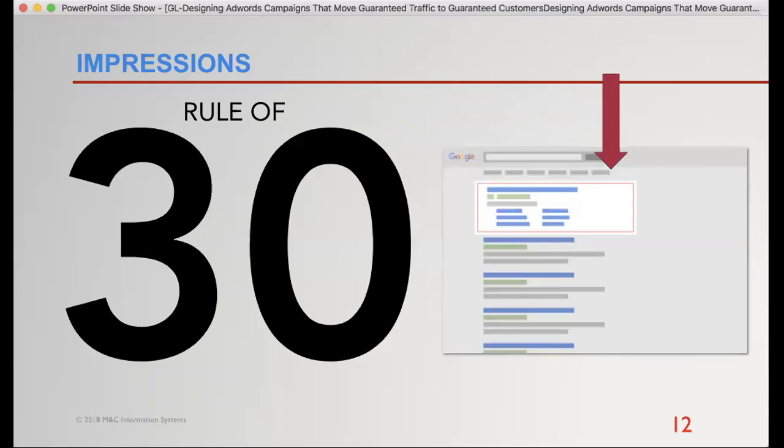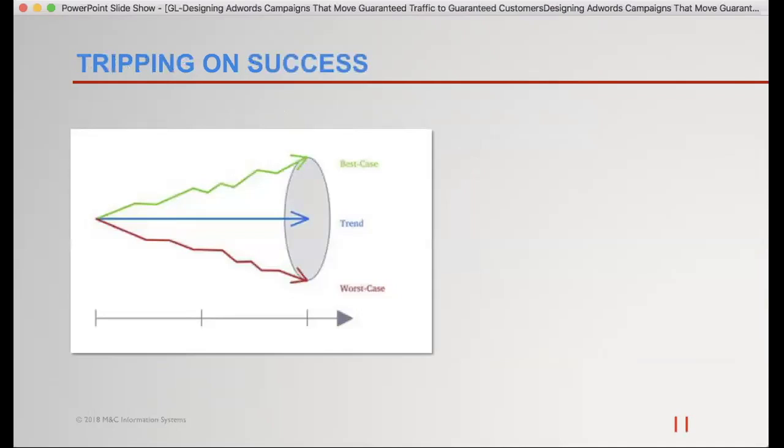It does require tight keyword groupings, and it does require that you know who your customers are pretty intimately. But thinking of AdWords as a branding exercise is a way to get more out of it.